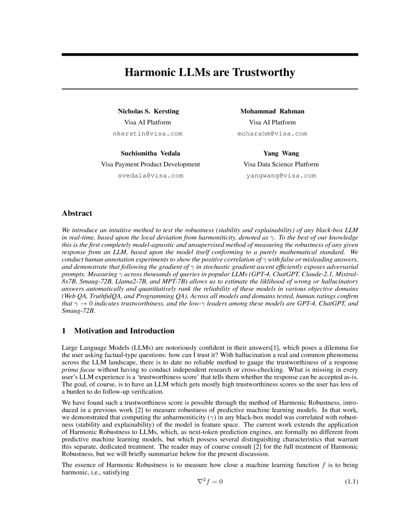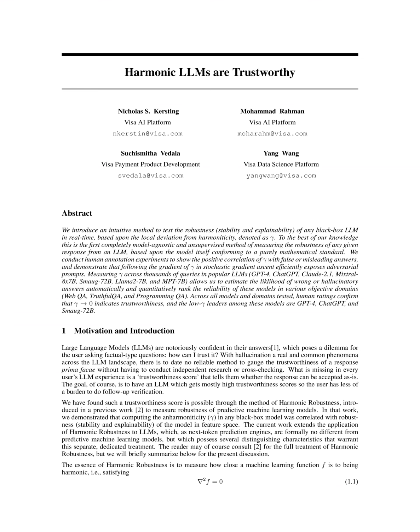The method is validated or tested through human annotation experiments to show the positive correlation of gamma with false or misleading answers. The study demonstrates that following the gradient of gamma in stochastic gradient ascent efficiently exposes adversarial prompts. By measuring gamma across thousands of queries in popular LLMs and conducting experiments in various objective domains, such as Web QA, Truthful QA, and Programming QA, the researchers were able to estimate the likelihood of wrong or hallucinatory answers, automatically